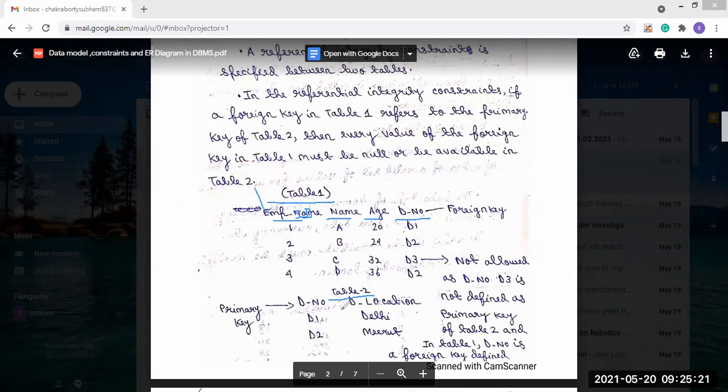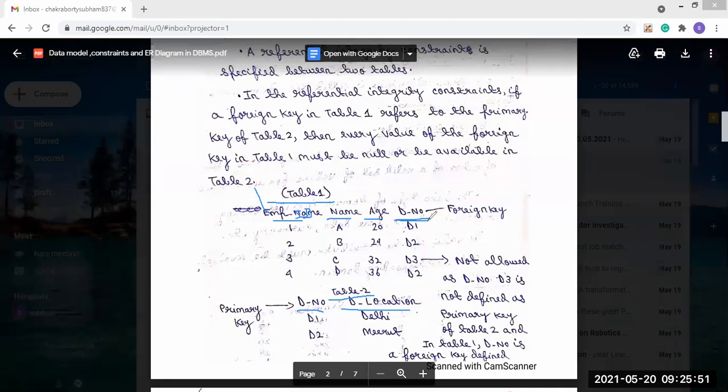And another table is present. In this table, there are two attributes present, department number and department location. Now you see in table 1, employee ID is the primary key. But here you can also see department number is present.